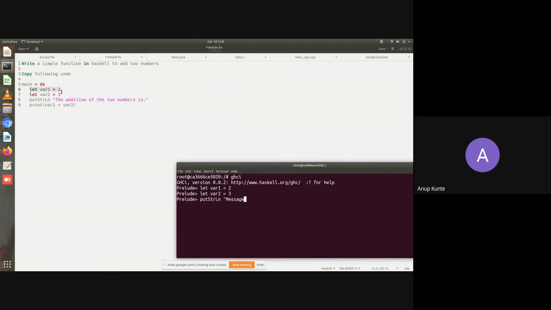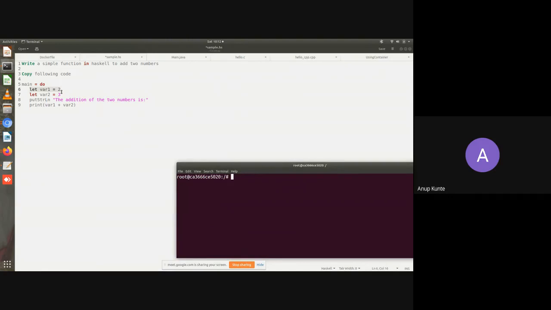And this is the message. That message gets printed. And if I write print (var1 + var2), basically whatever you did yesterday, you can do in this environment as well. If you want to quit this environment, use :q. This will make you come out of GHCi and come back to the container.